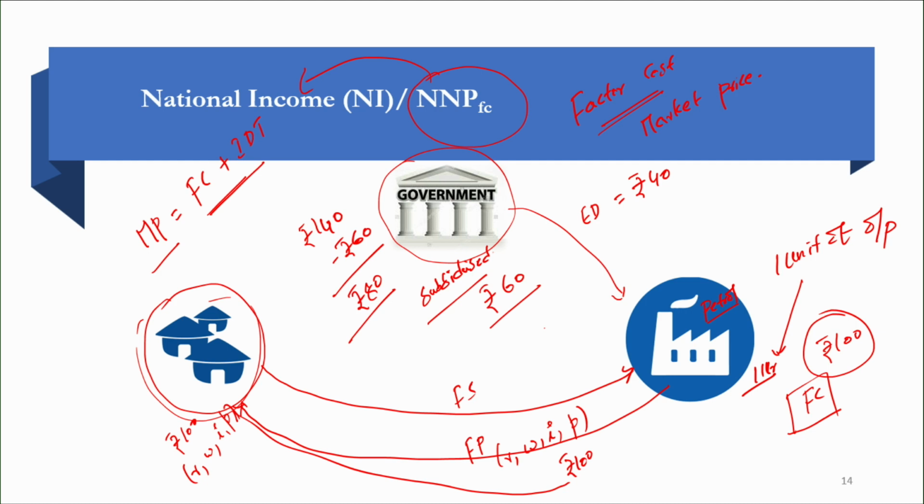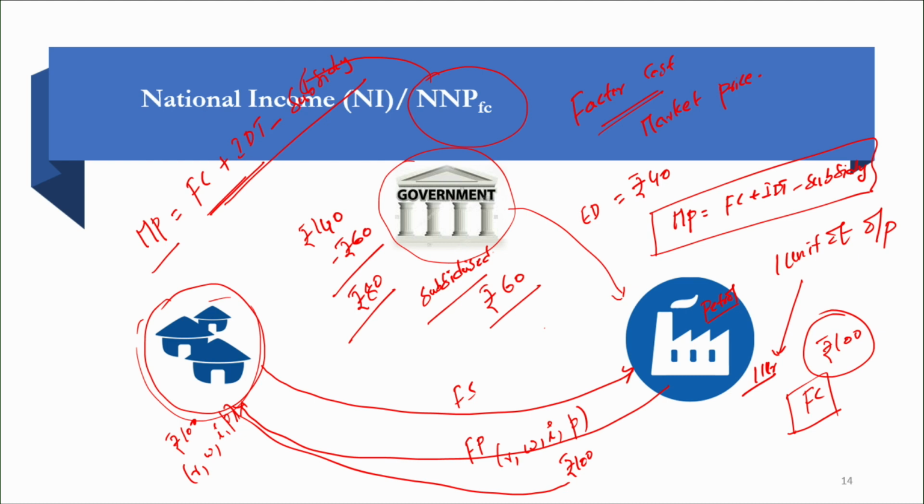So, now how would you simply accommodate this particular subsidy in this formula? Simple, you subtract this subsidy component from this. So, what you get is market price. So, the formula I am rewriting it here. The market price formula is factor cost plus indirect taxes minus the subsidy component. This is how this formula relates factor cost with the market prices.